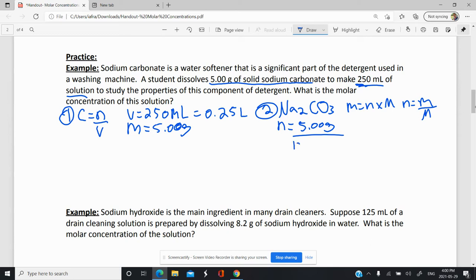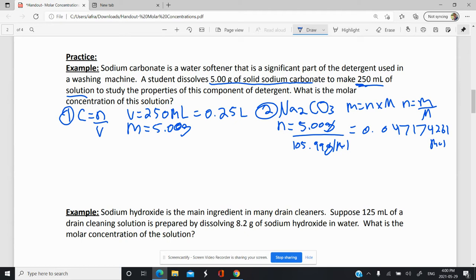It's going to be 105.99 grams per mole. And so we can cross out grams. We'll get moles, 5 divided by that answer there, 0.047174261